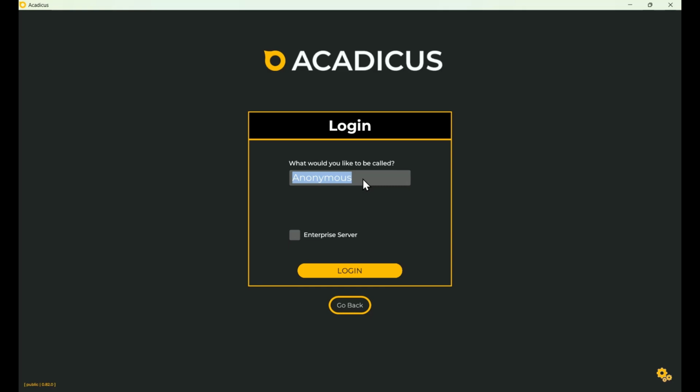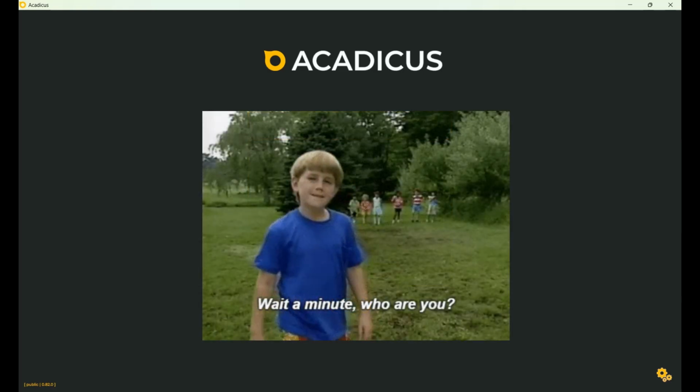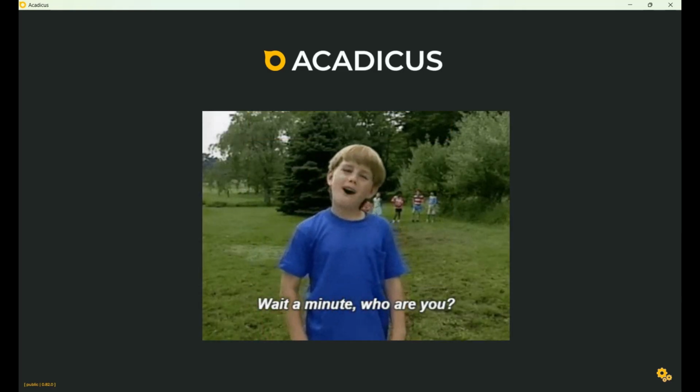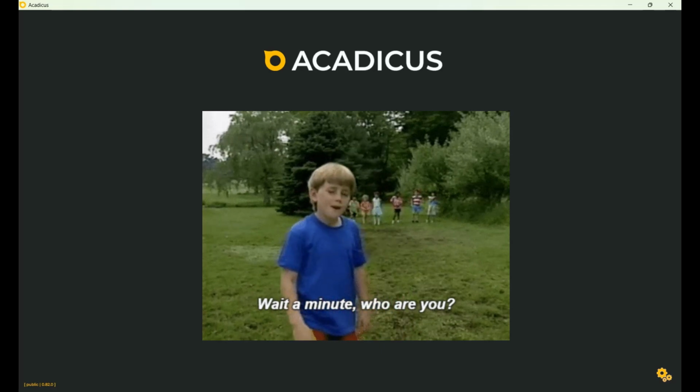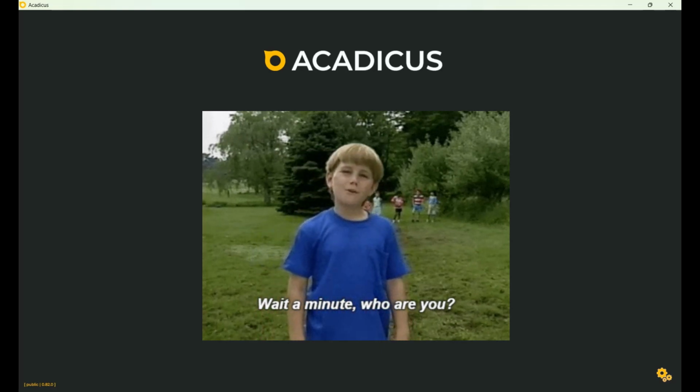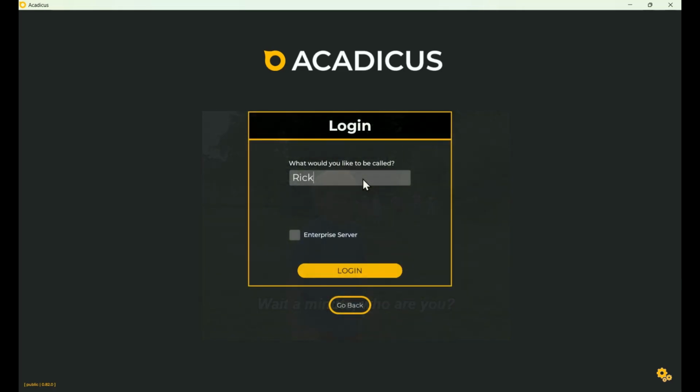Sometimes it's not explained to students to please put a name here, because otherwise, as you're walking around in Acadicus and the avatars, which are not the focal point of our platform, all look the same, it's very difficult, of course, to tease out who is who. So if they just put a name there, that name gets attached, floats over the head of the avatar. So it's very easy and quick to identify, when you have three, four, or more individuals in a scene,